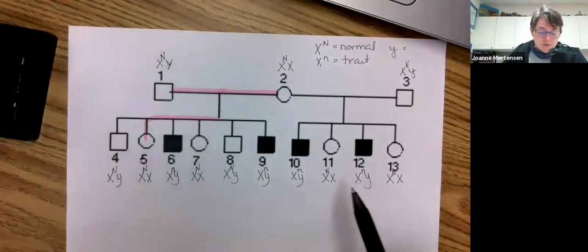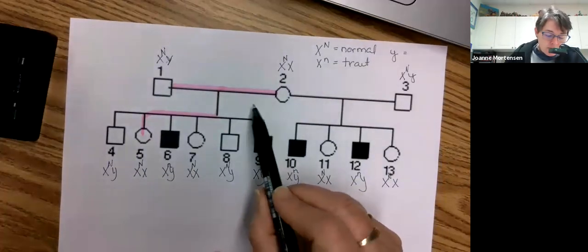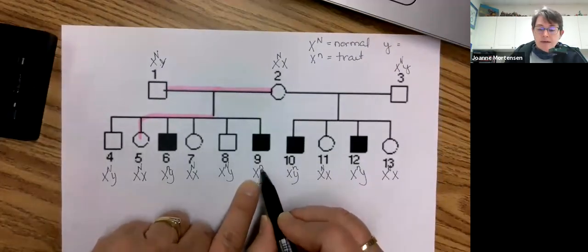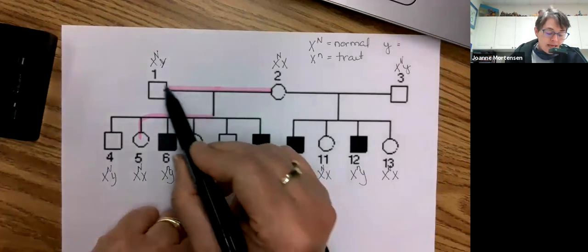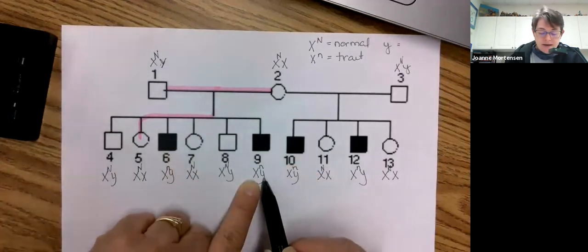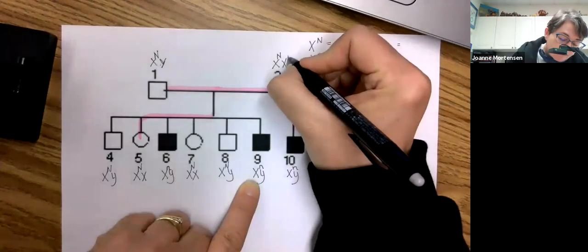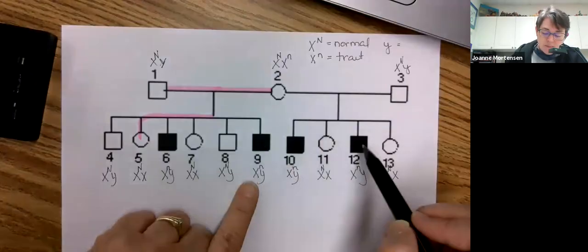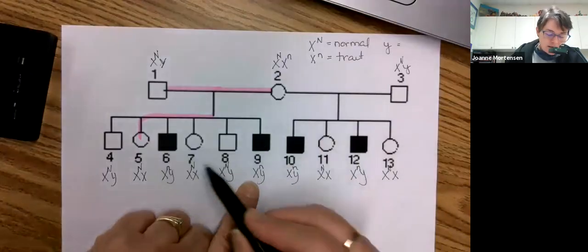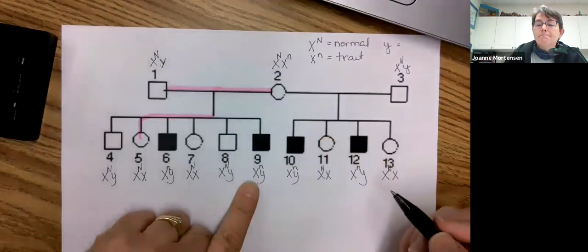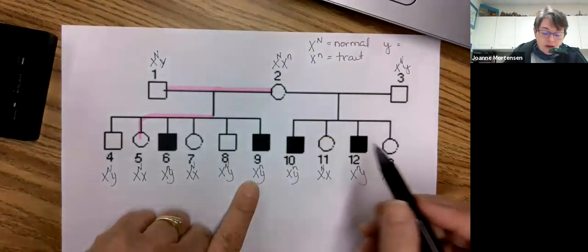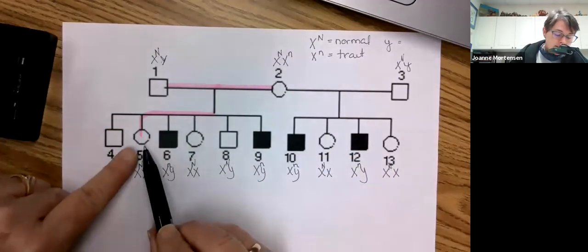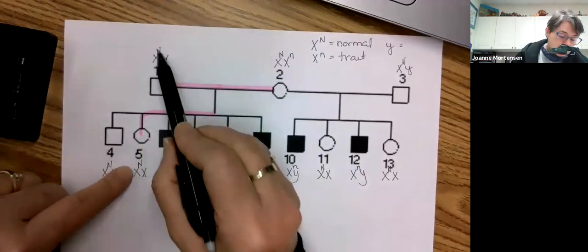This one's easier. So mom up here, if we go back, this boy right here has a lowercase n. He didn't get that from dad. He got the Y chromosome from dad. So this must have come from mom. So anytime you have these afflicted boys that have the trait, that came from mom because dad gave them the Y chromosome. So that means now when I look at his sisters, I can say that this chromosome came